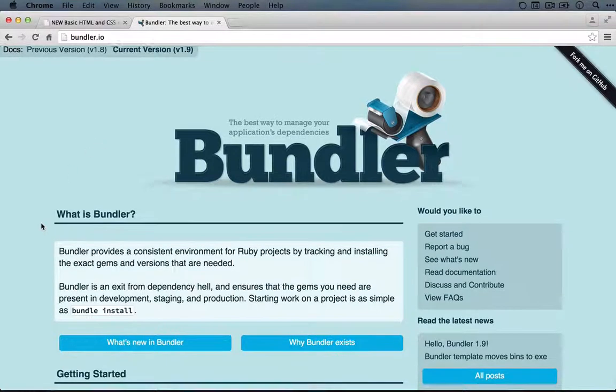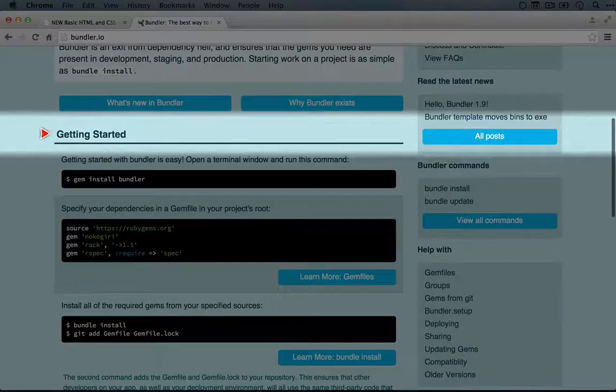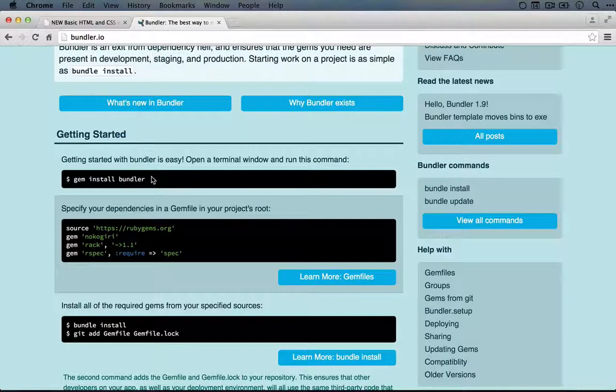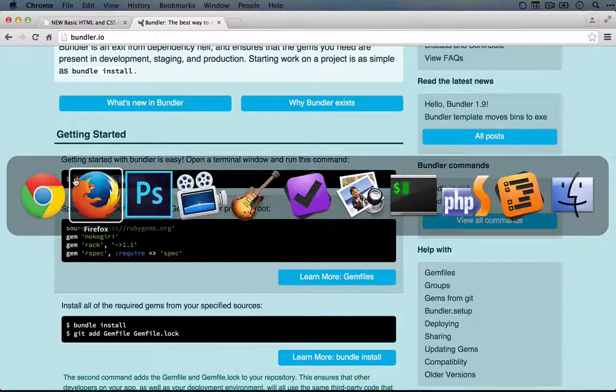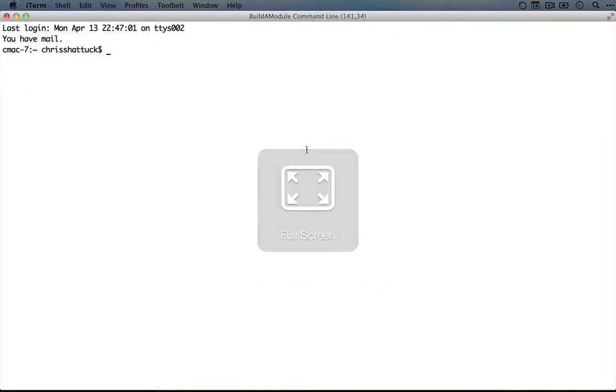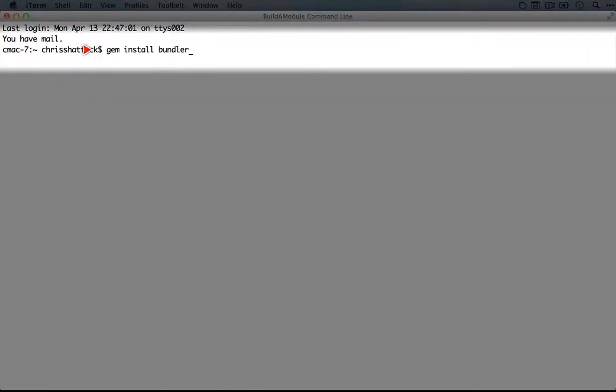So what we'll do is we'll scroll down here to Getting Started, and we'll begin with gem install bundler in order to install it. So I'll just copy this, and I'll jump over to our terminal window. I'll create a new window because we're watching our Sass in the other one, and I'll type gem install bundler